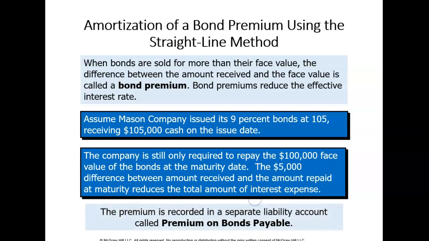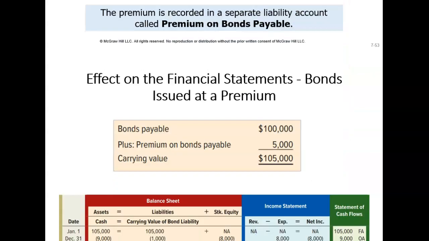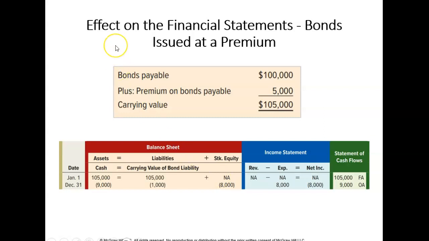So let's do some calculations, shall we? Now we have a new account title called Premium on Bonds Payable. Remember, when a bond was issued at a discount, it had a discount on bonds payable account. But because now the bond was sold at a premium, you have an account called Premium on Bonds Payable. On your financial statements, in the balance sheet section, you show the bonds payable for 100,000. The premium is added to the bonds payable to get its current value of